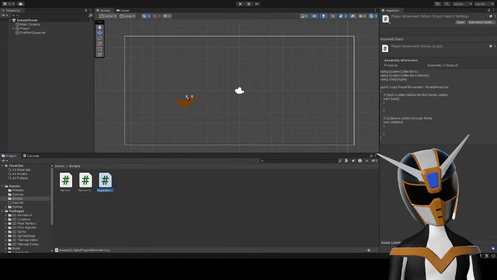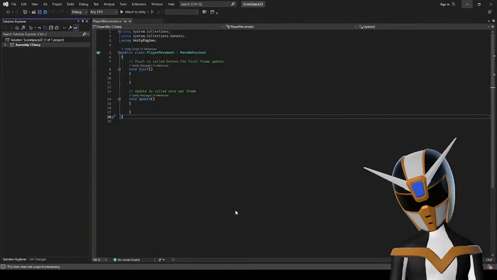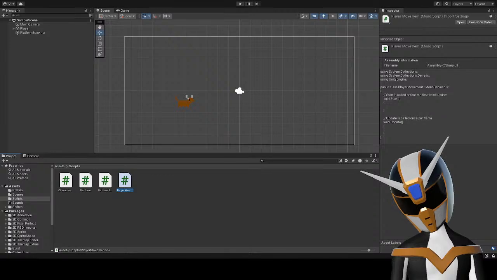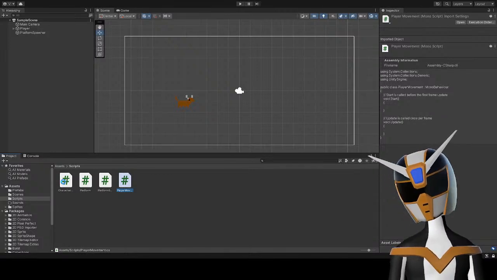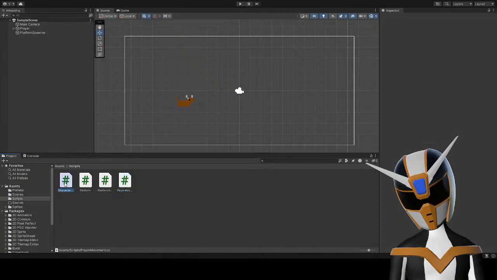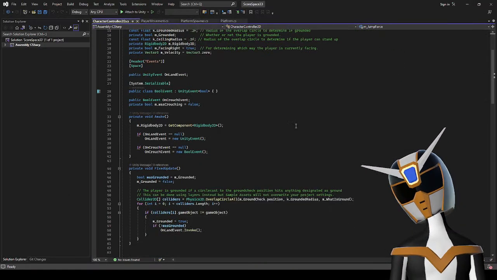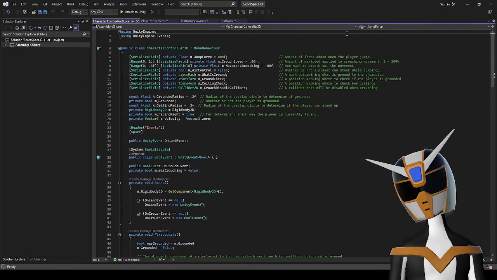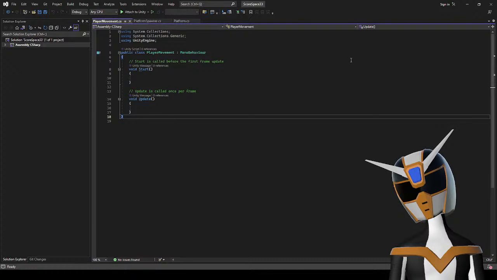Okay, well first of all, I'm gonna need this character controller script. This is from a Brackeys tutorial that I use for my 2D platformers.